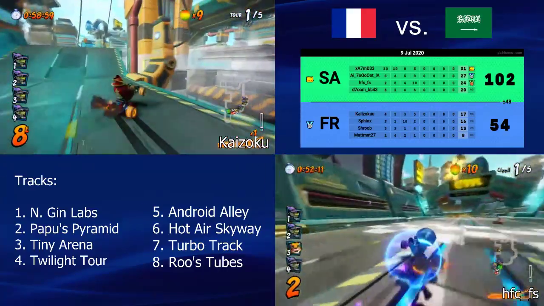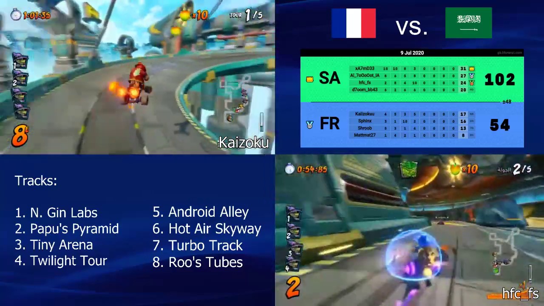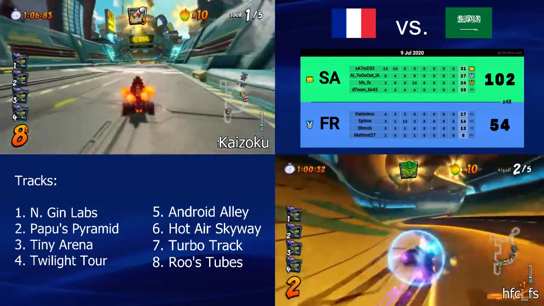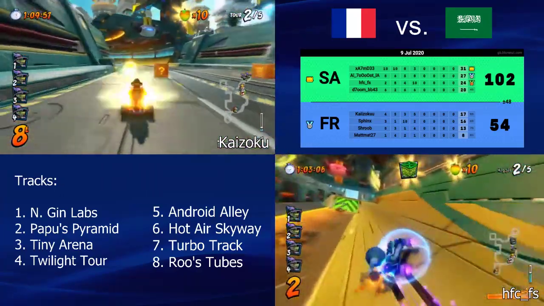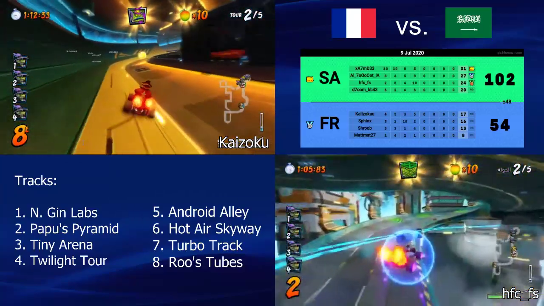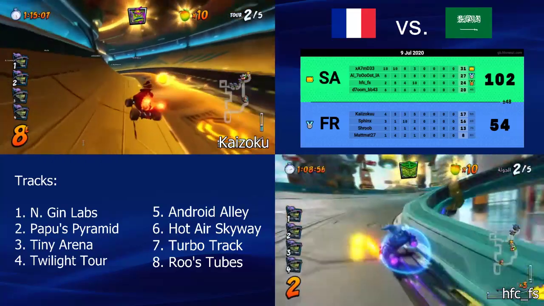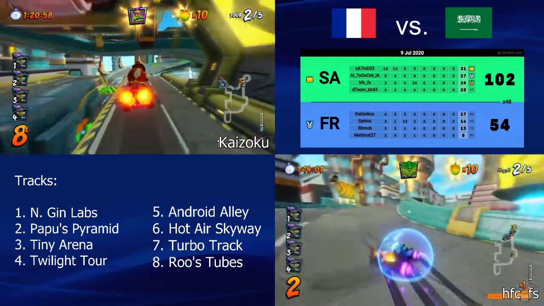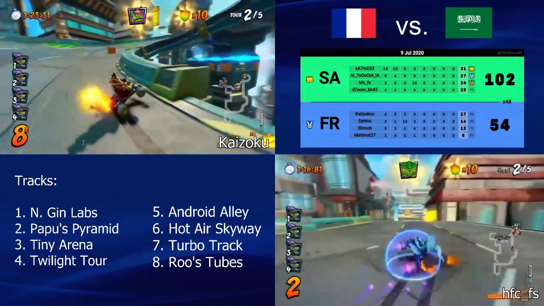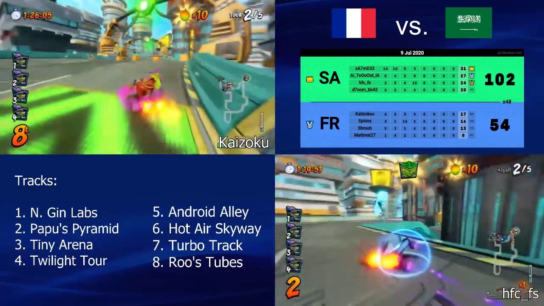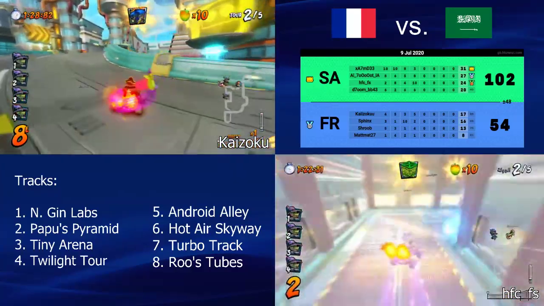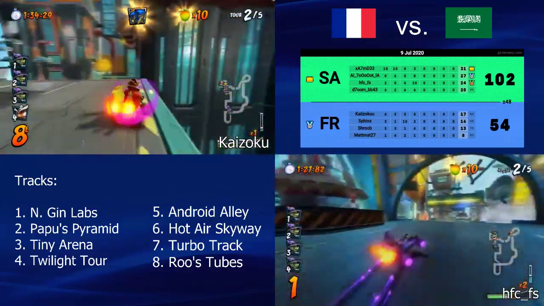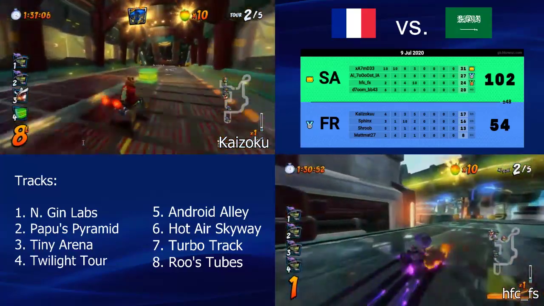At least HFC is going really strong. Got a shield now, second place. The top 4 for the Arabs again. I guess one advantage that the French team has right now is Kaizoku is in 8th, and they are all top 4, which means the French players can basically roll all the power items. They can get clocks, they can get orbs. They just launched an orb as we've seen, and from what it looks like on the minimap, it was a pretty decent orb. It managed to get them some positions. But Kaizoku again, he's